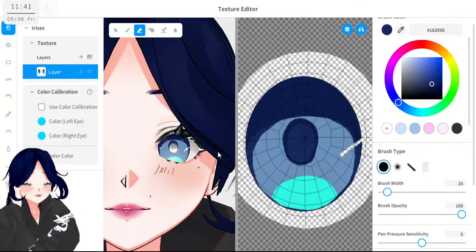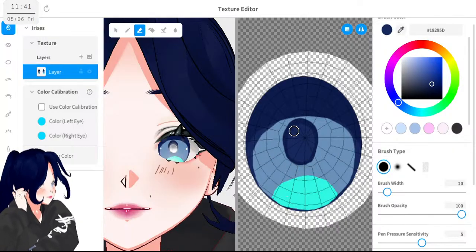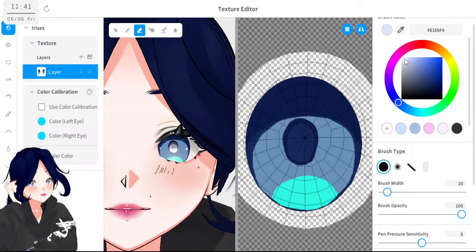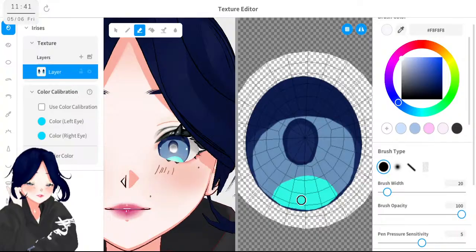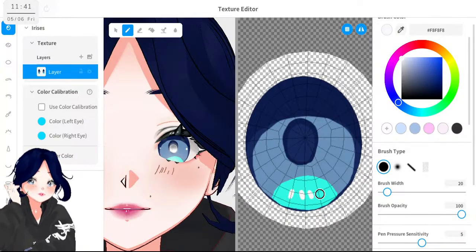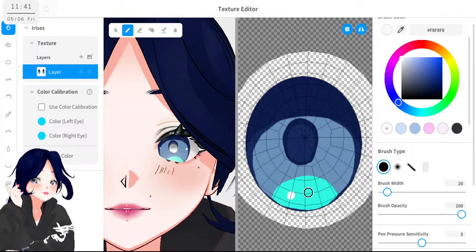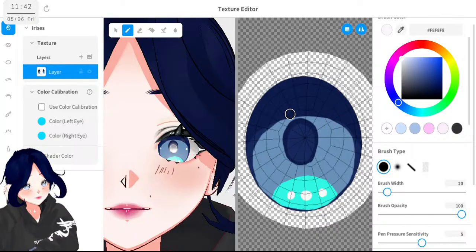So we have this part, and I think if I select the brush again, I don't know that one.